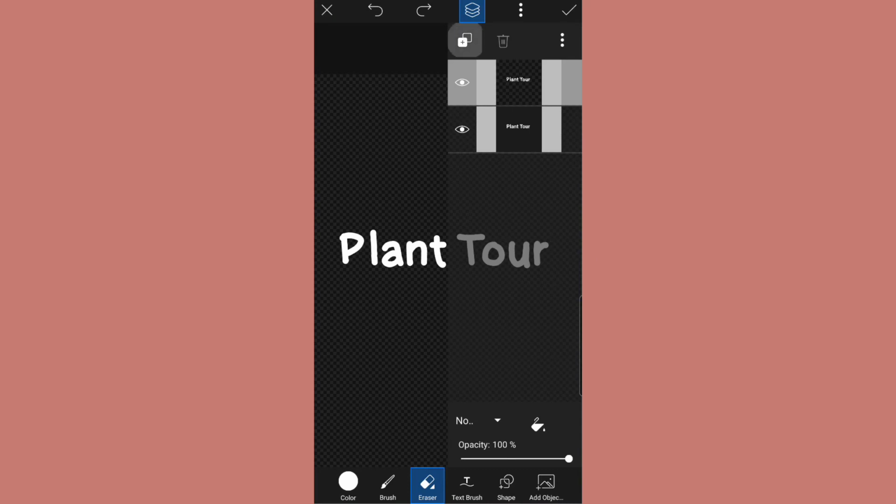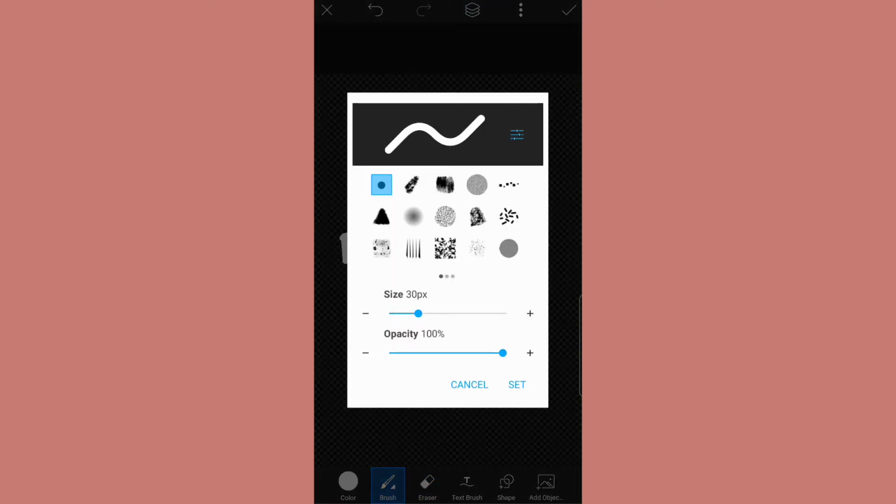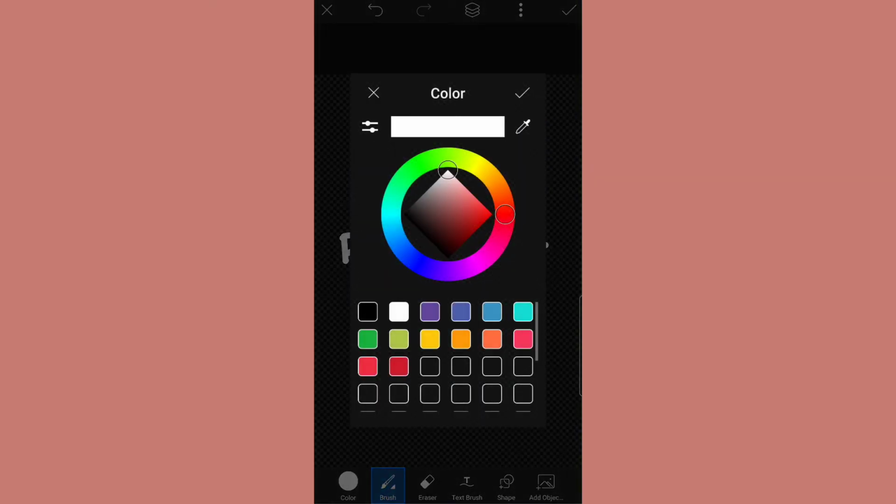Next, you're going to add another layer and move it underneath the layer of text that you just wrote. It's really important that you do this because then it moves the color text underneath the white text that you want on top, and it also means that if you make a mistake and you need to erase anything, you're not erasing both layers. Then you're going to choose the brush,